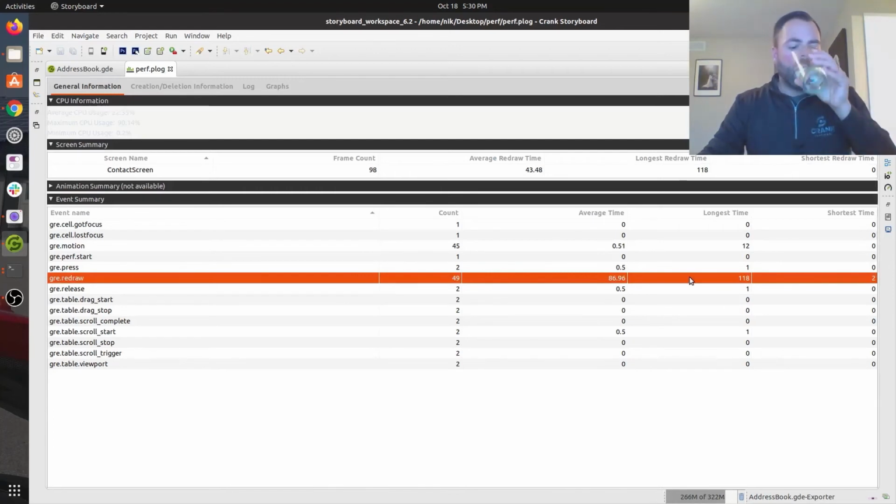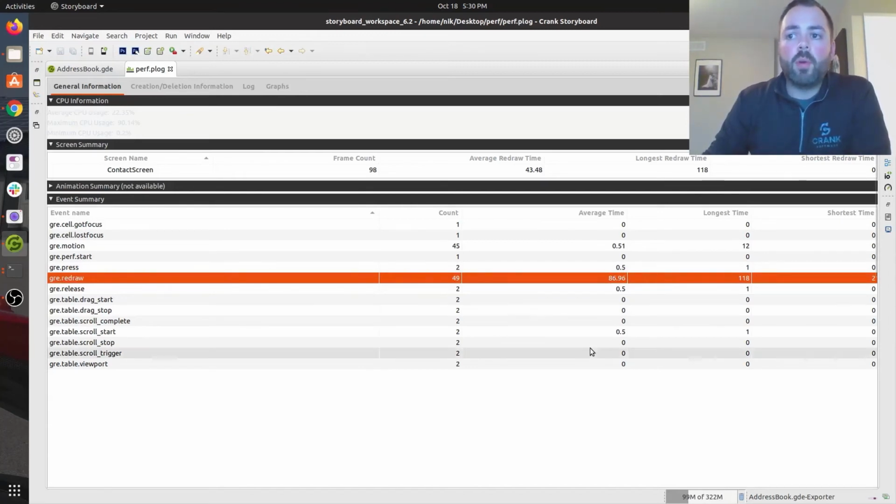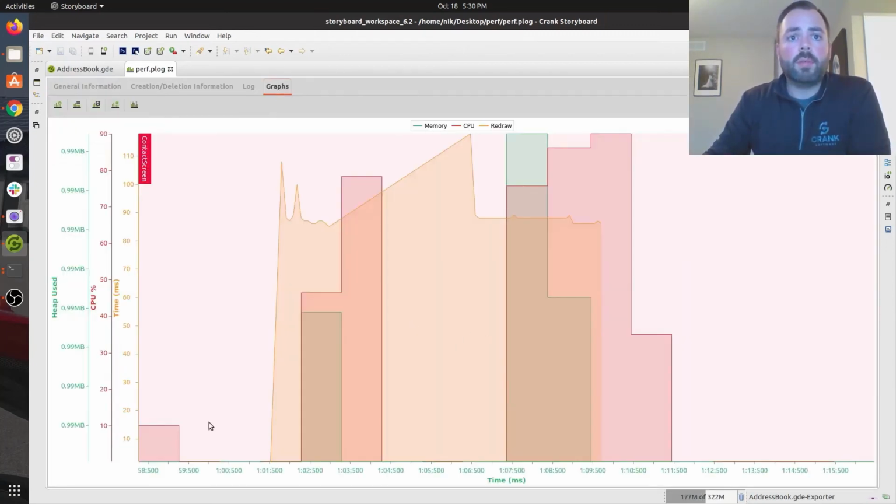So if we're already thinking about this from how does it compare to before, it seems like we're spending a lot more time redrawing as opposed to just time spent, whether it's preempted or something else. So if we take a look at our graph, which again is super useful here, we've got some metrics where